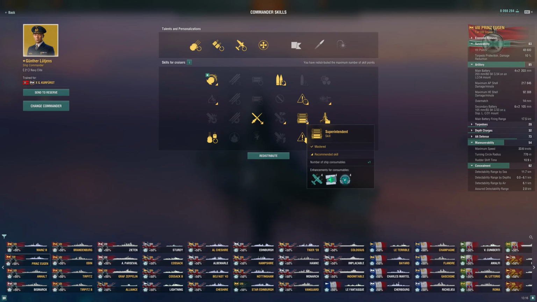On the Hipper, I wouldn't really go with this. Although, since you're going to be grinding towards the Roon and probably getting that, probably Superintendent's fine anyway. But Survivability Expert giving us some more HP. We really do want to have that option to tank a little bit and stay alive. Preventive Maintenance here is going to help us do that as well. Adrenaline Rush, and then for the one-pointers, Grease the Gears is always going to be nice, as well as Gunfeeder,